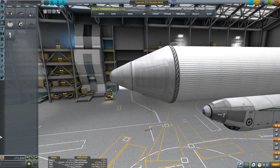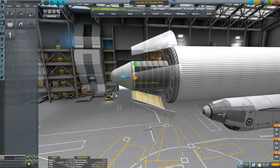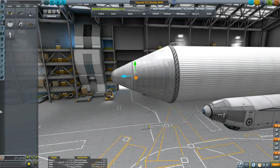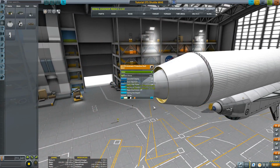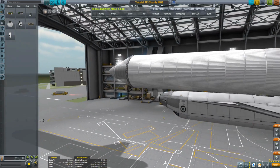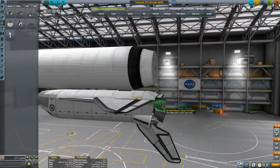Nah, don't need anything. I could move the cones slightly down because I see they're not joining perfectly there. No, that's not going to look good. Build it again. If we've built something once, we can do it again. And voila. So, we are getting somewhere. We're getting somewhere. Now we need to attach the other struts and things that will hold the tank to the